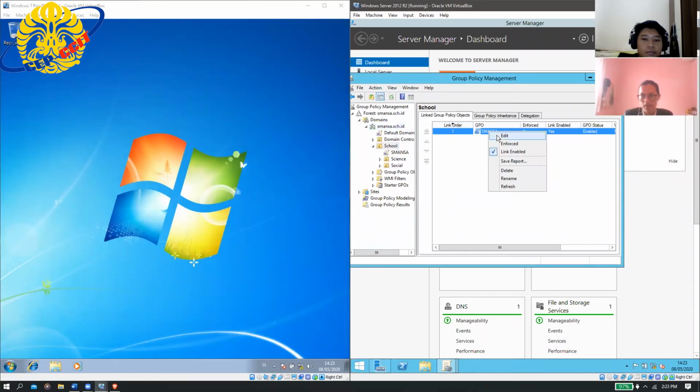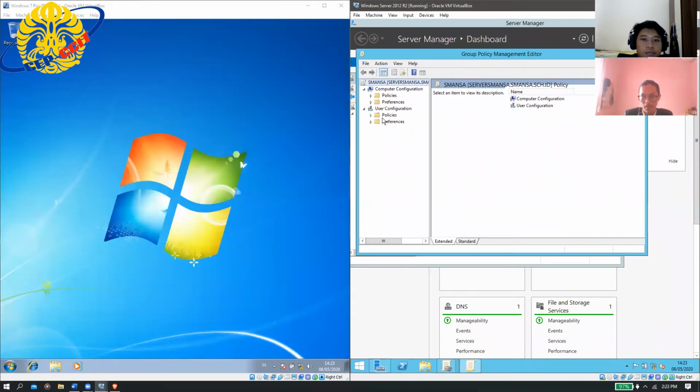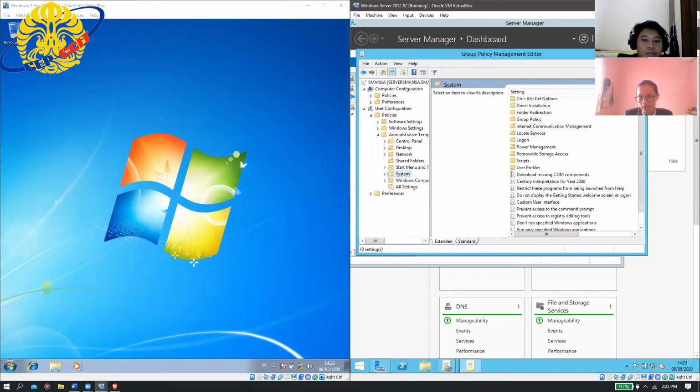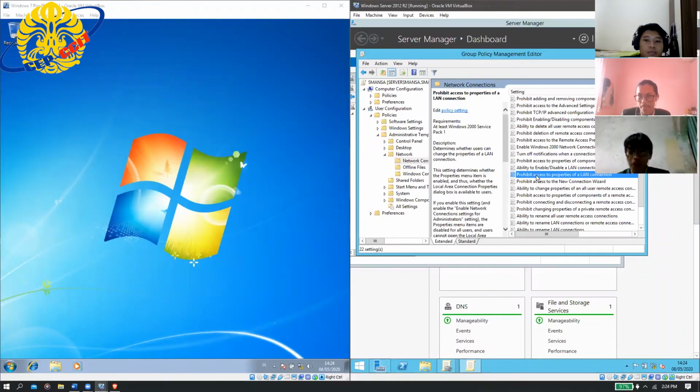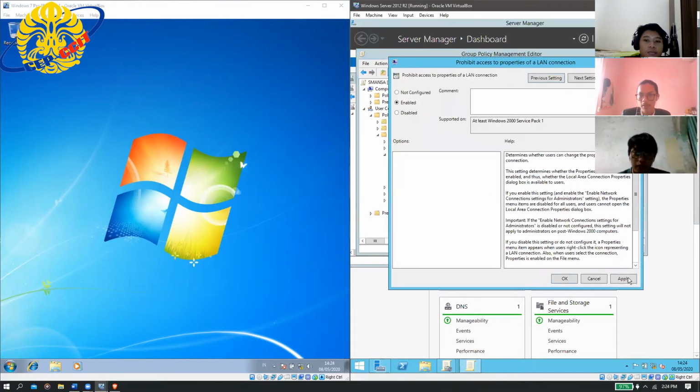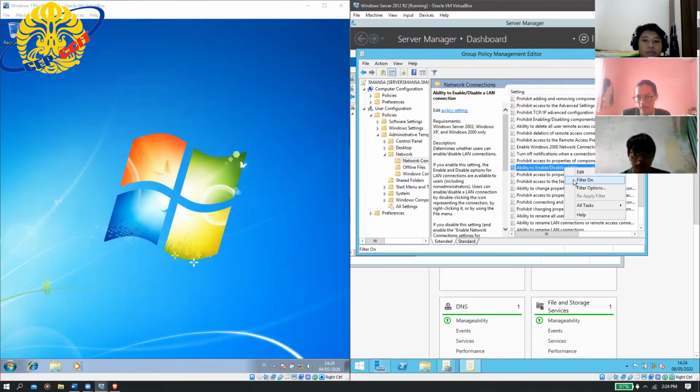You can edit the GPO to restrict opening regedit on the client and disable the properties of the LAN network. Prohibit access to the properties of the LAN connection. Click edit, enable, OK, and the ability to enable or disable LAN connection.